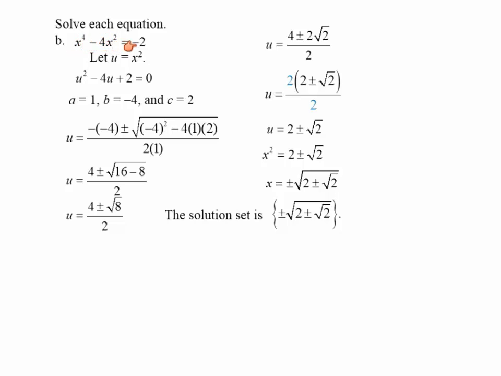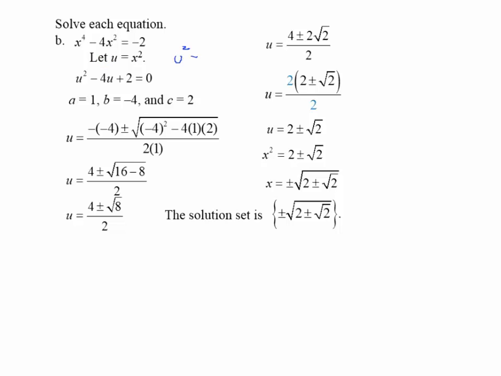Solve x to the power of 4 minus 4x to the power of 2 equal to minus 2. We're going to use a substitution method here because we notice that x to the power of 2 here, if I raise this to the power of 2, I get x to the power of 4. When that happens, we can use substitution method. I'm going to let some variable like u be equal to x to the power of 2, this term here. If I raise both of these sides to the power of 2, then